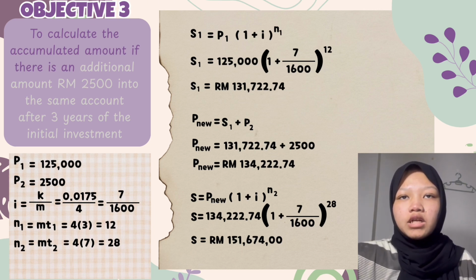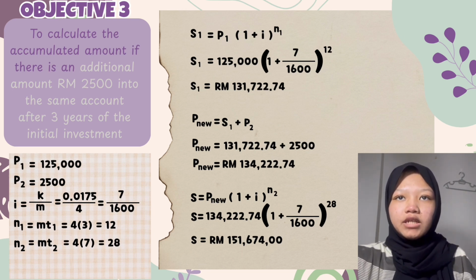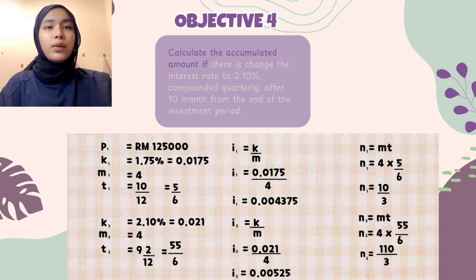Now to calculate S, we use the formula P new(1 plus i) to the power of N2. S equals 134,222.74 cents times (1 plus 7 over 1,600) to the power of 28. S will be 151,674. Our last question, which is objective 4, is to calculate the accumulated amount if there is a change